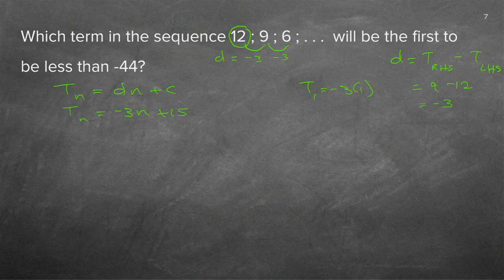If you're not sure, you do this. You say plus c, and you say, but term 1 was actually 12, so minus 3 plus c equals 12, and if you get the c all alone, you get c is 15. So you can either do this and find the c, or you could have just done it in your head. My first one was T1 was minus 3 times 1 is minus 3, but I saw it should actually be 12, and so I knew I had to add 15. Okay, there's my formula now.